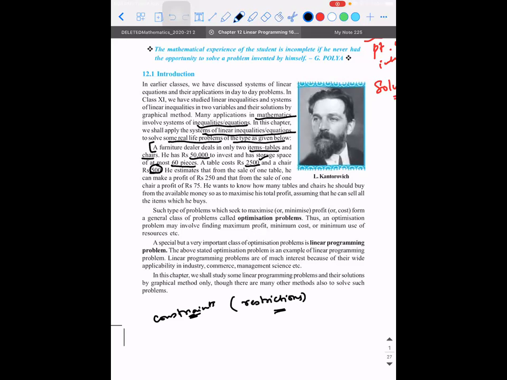First thing, he has a limited budget, 50,000. Not like he can spend however much he wants. He has only 50,000 in hand, and he has a place which has a storage constraint. Means, you can assume your classroom. In your classroom, let's say 45 students, 45 tables can fit. 45 means you divide it with 2. Okay, 22 tables can fit in your class. That is the constraint. Okay.